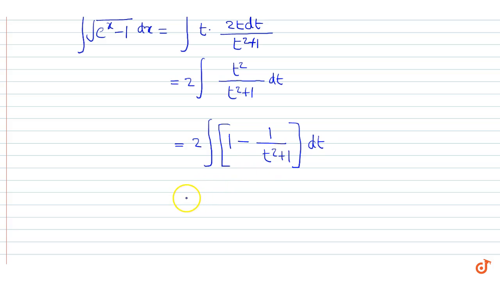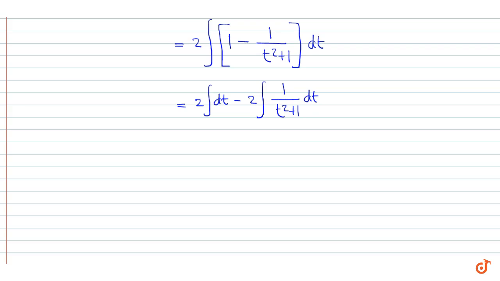We integrate term by term, so we get this is equal to 2 into integral dt minus 2 into integral 1 by t square plus 1 into dt. This is equal to 2t minus 2 into tan inverse of t